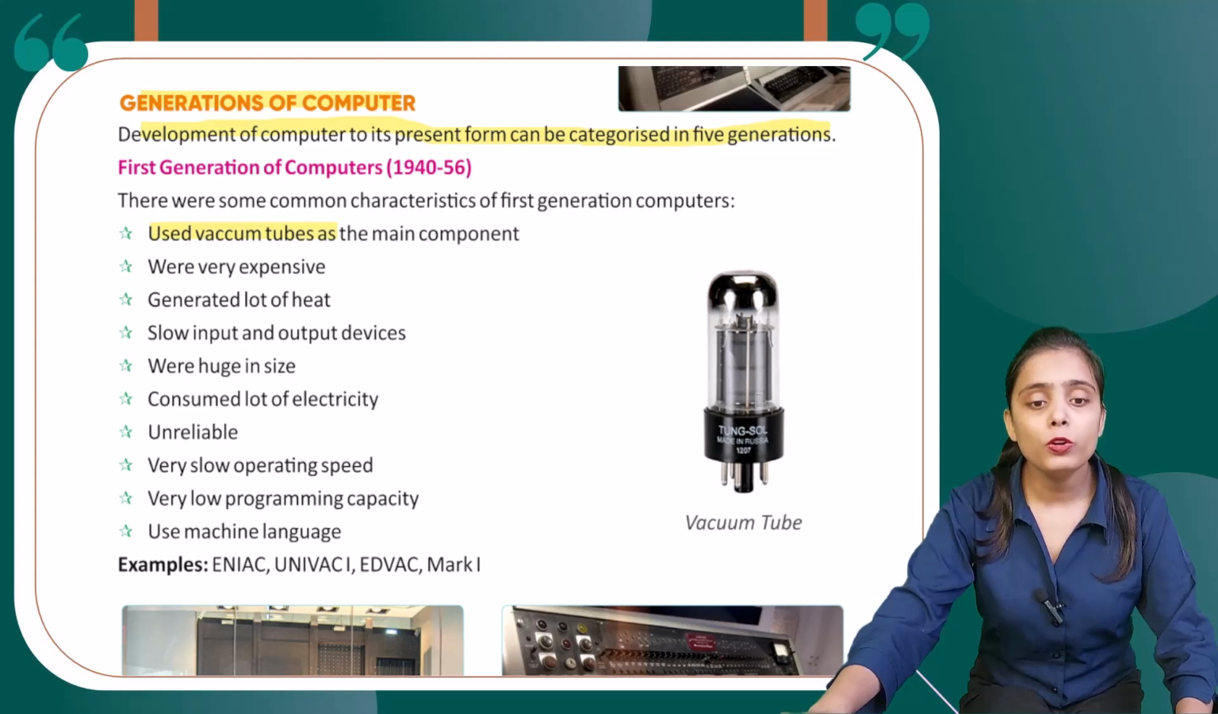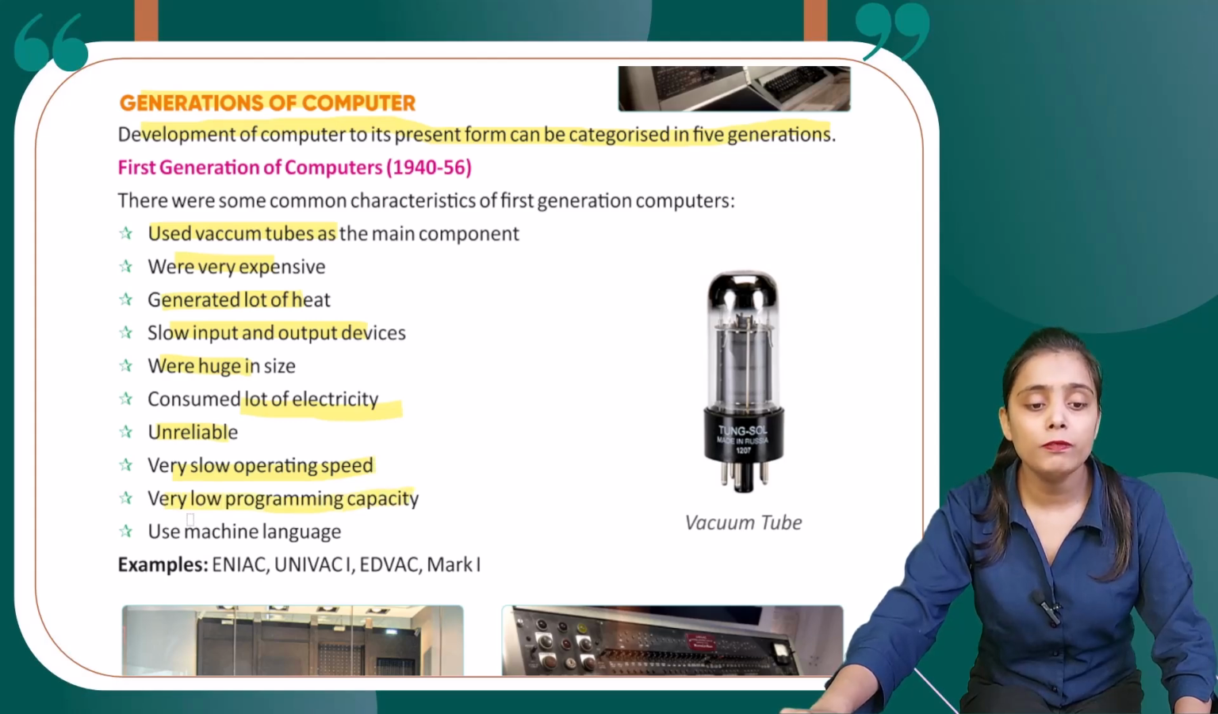Used vacuum tubes as the main component. Here you can see the picture of vacuum tube. Very expensive, generated a lot of heat, slow input and output devices, were huge in size, बहुत ज़्यादा बड़े थे, consumed a lot of electricity, unreliable, very slow operating speed, very low programming capacity,